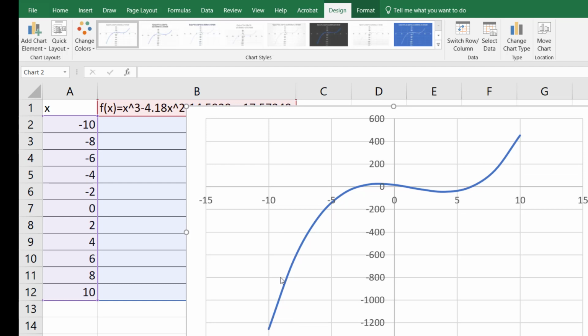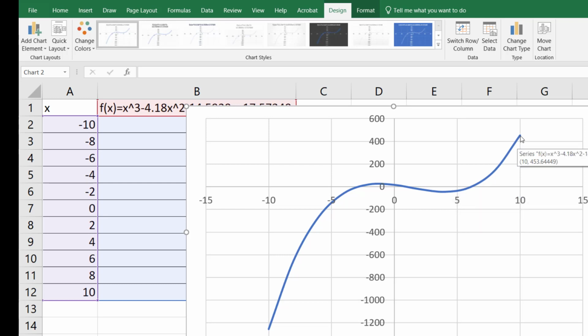We see it's increasing concave down up until this little local maximum point, and then it's decreasing concave down until an inflection point around here, and then it's decreasing concave up until this local minimum point, and then it's increasing